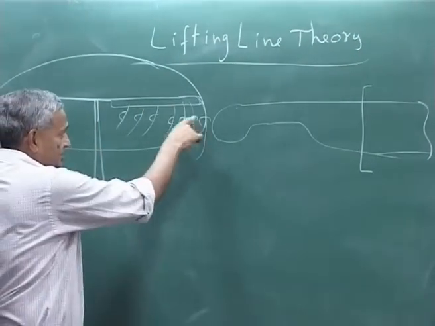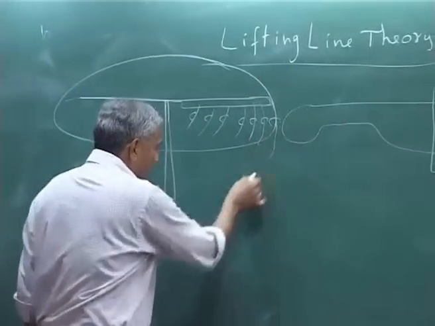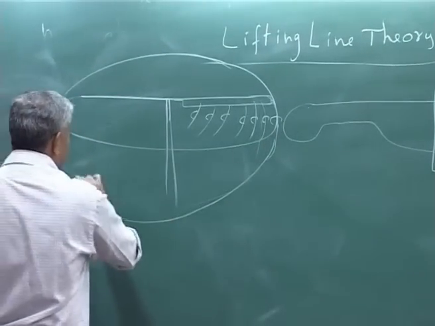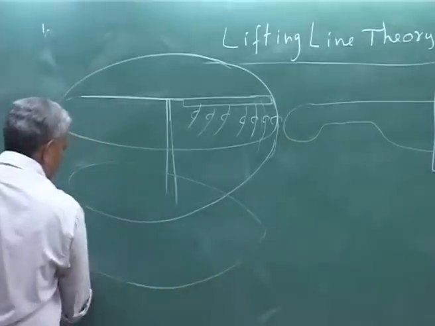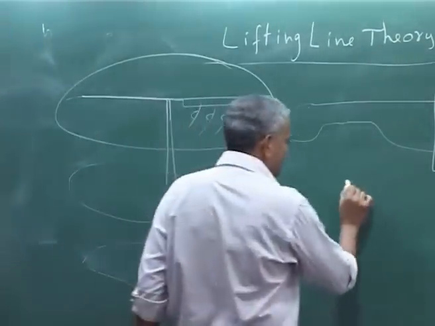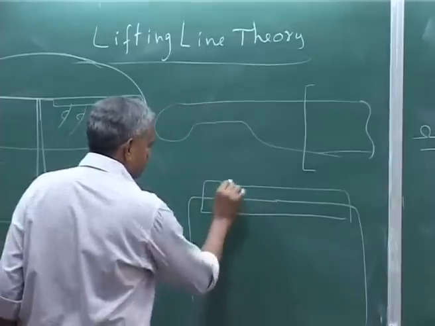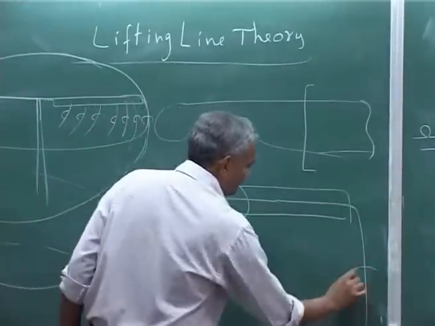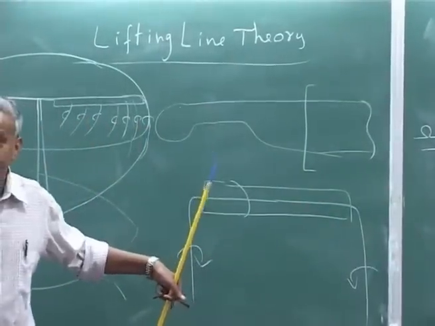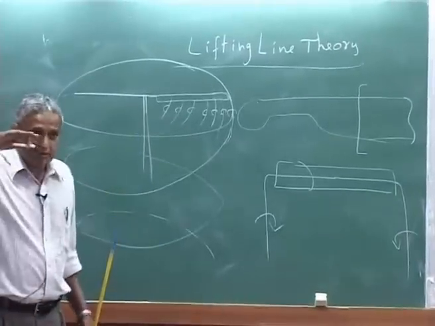And then the strength of the vortex, that varies with the lift variation. And then what is the shape, because this is going to go in the rotor, it will go in a helical shape. Okay. Because in the finite wing case, you will say my vortex sheet is going like the horseshoe vortex, because this is what you say. This is a horseshoe vortex in finite wing. The vortex swept back. But in the case of rotor, hovering rotor,